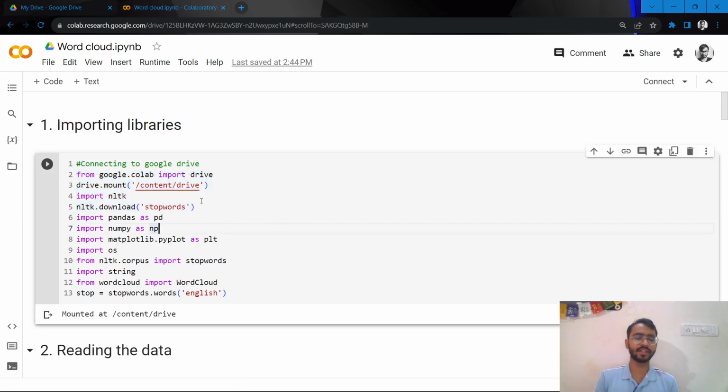Let me first start with importing a few libraries. Here, apart from the usual libraries, Pandas and NumPy, I've also imported a few NLTK libraries, which is the Natural Language Toolkit. Libraries such as word cloud and stopwords will help me to build the word cloud. What I've done here is I have imported the list of English stopwords in this variable called